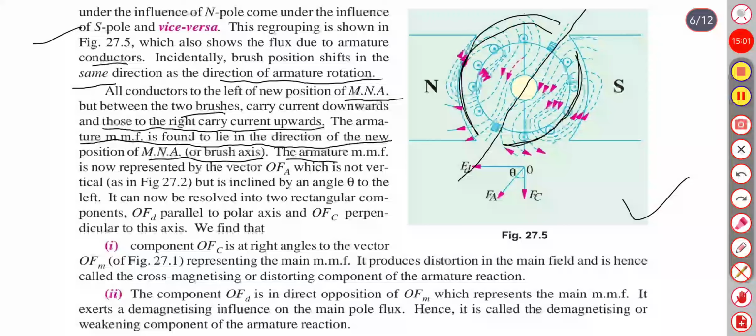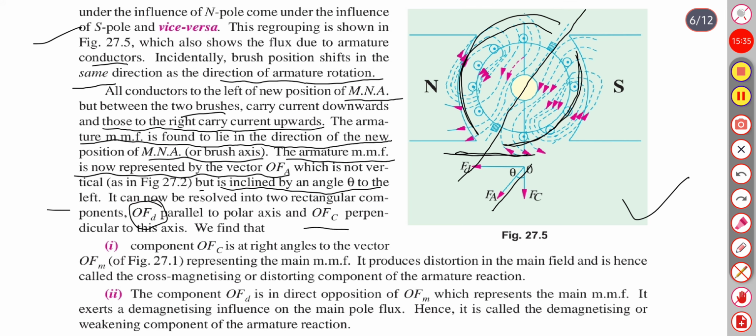The armature MMF is now represented by the vector OFA, this one, which is not vertical but inclined to the brush axis by an angle theta to the left. It can now be resolved into two rectangular components: OFD parallel to the polar axis, this one,